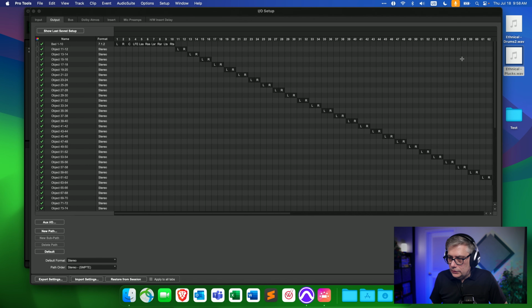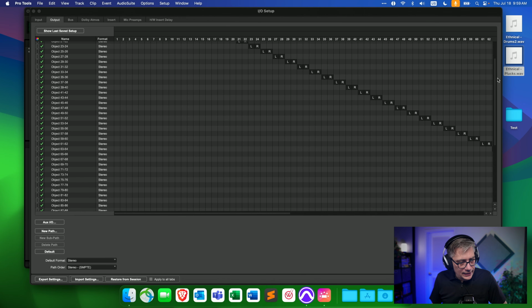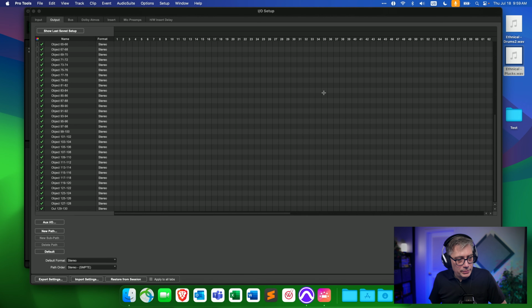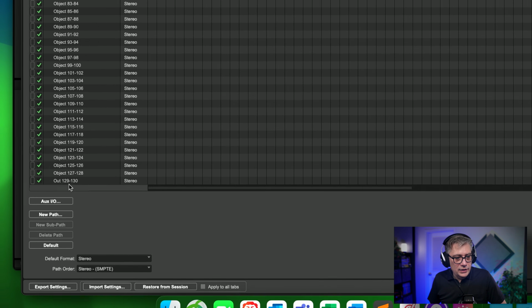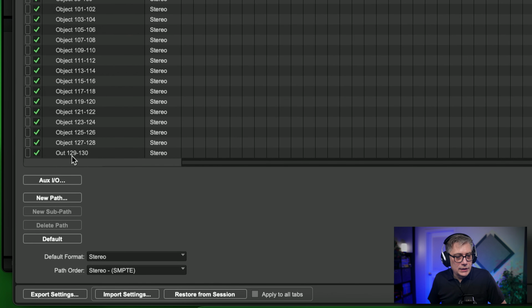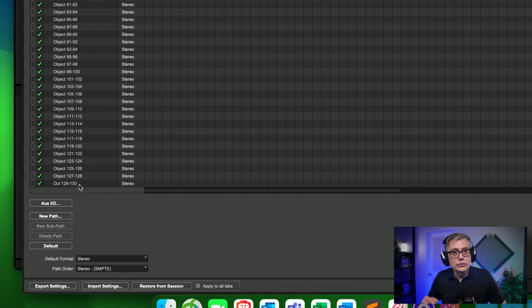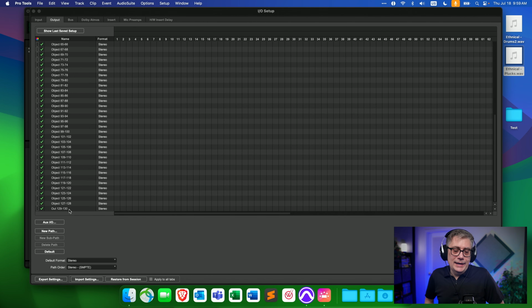Just make sure that everything is mirrored correctly. And then the one thing that I would recommend is that you also check that you have the output 129 and 130, because depending on how you set that up, that will actually be there or not. If you don't see that output active, you need to add that output as well, because we are going to need the output 129 in order to send our LTC signal.